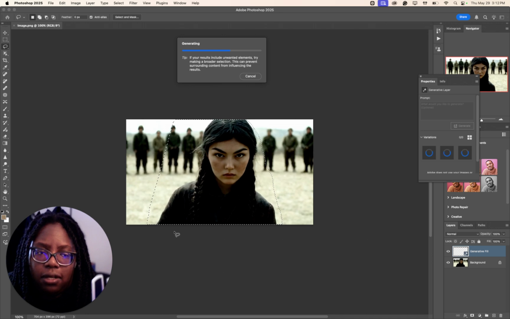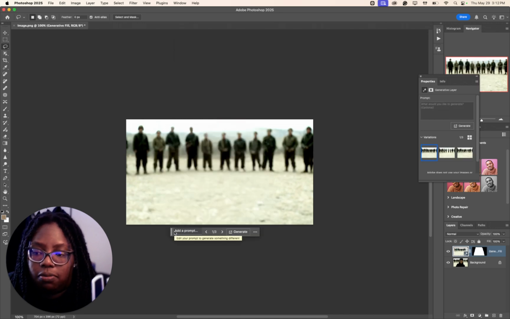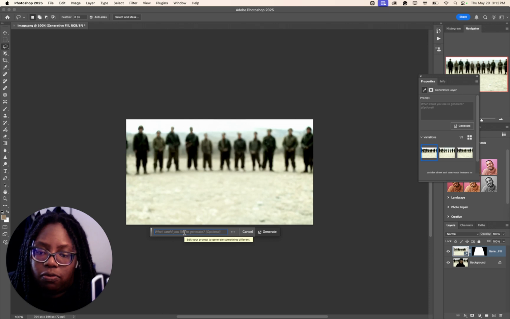Now, I will say with Photoshop, when I've used this tool, there have been times where it does remove the unwanted object, but there's also times where it'll add a completely random object, which kind of defeats the purpose of using a lasso tool to begin with, because I was wanting nothing there. And there are other times where, if you don't write a prompt, it'll probably give you a completely different image from what you're wanting.